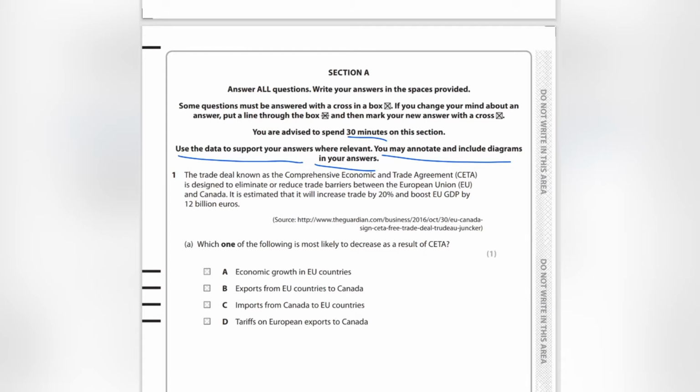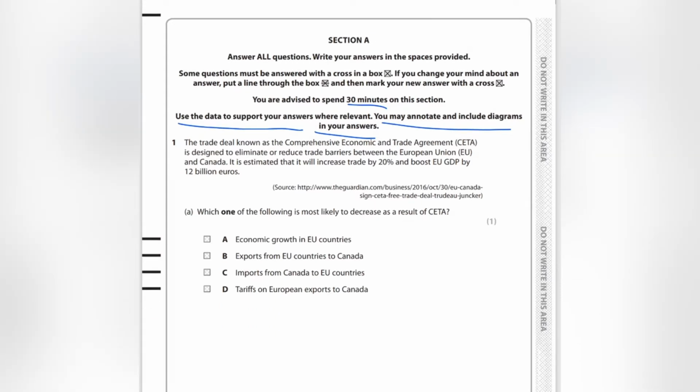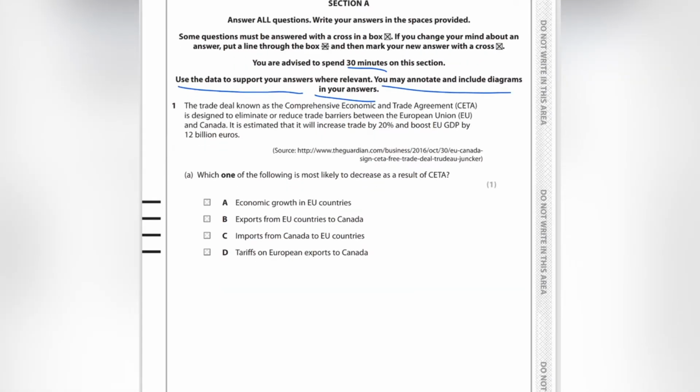So question 1. The trade deal known as the Comprehensive Economic and Trade Agreement, CETA, is designed to eliminate or reduce trade barriers between the European Union and Canada. It is estimated that it will increase trade by 20% and boost EU GDP by 12 billion euros. Which one of the following is most likely to decrease as a result of CETA? Okay, so we've got a few options. Economic growth in EU countries, exports from EU countries to Canada, imports from Canada to EU countries, or tariffs on